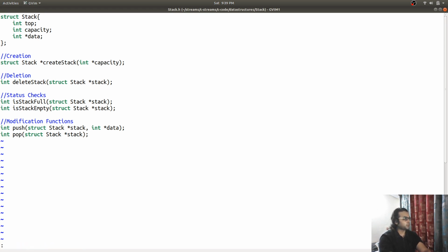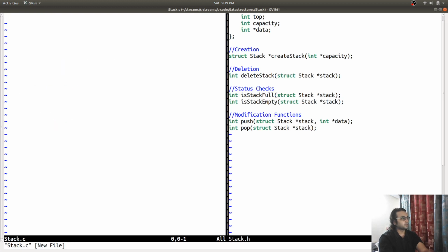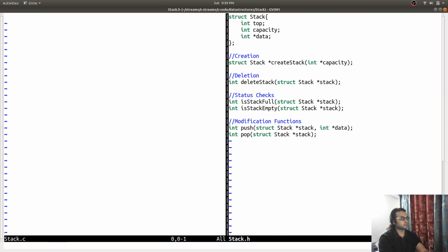Next I am going to create the stack.c, the implementation. On the right side I have my functions that I will be implementing on the left side.